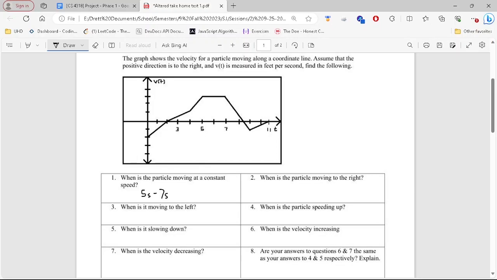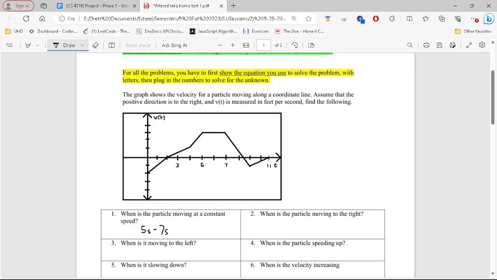Okay, when is the particle moving right? Let's read here. Assume positive direction is to the right. This part right here is very important. Positive direction is to the right. So if the velocity is positive, this object is moving to the right. So if the velocity is, for example,